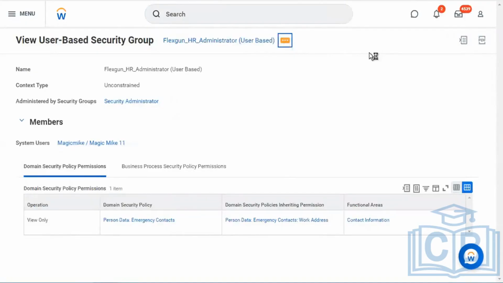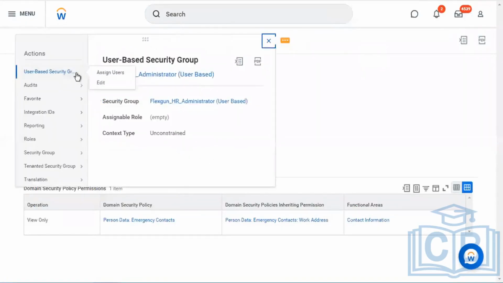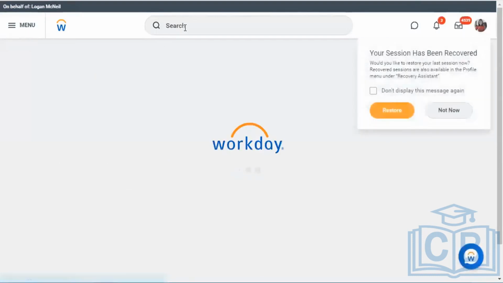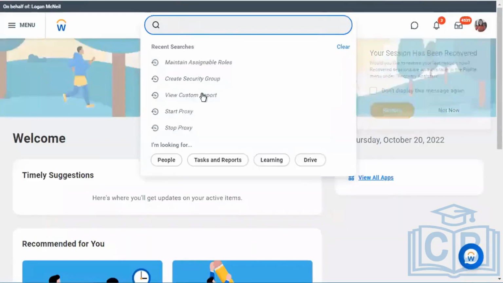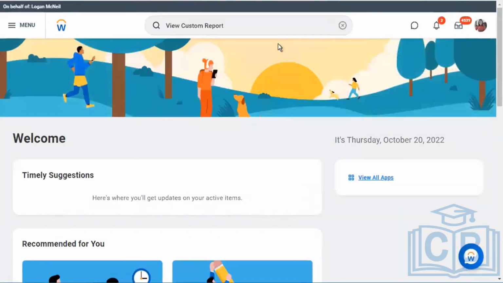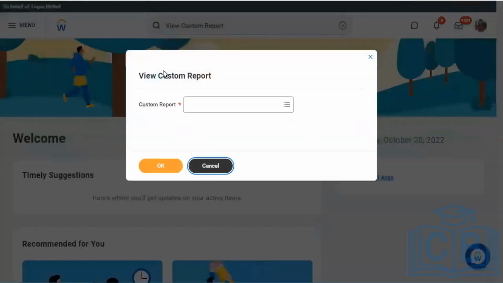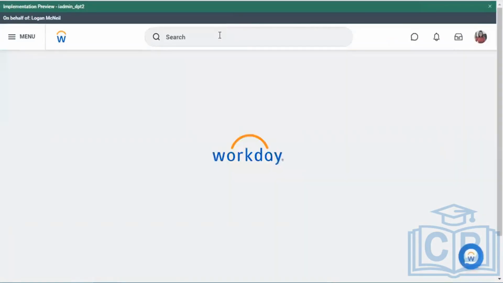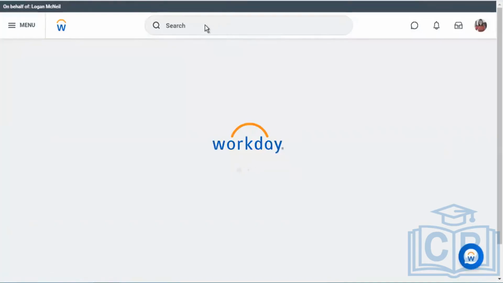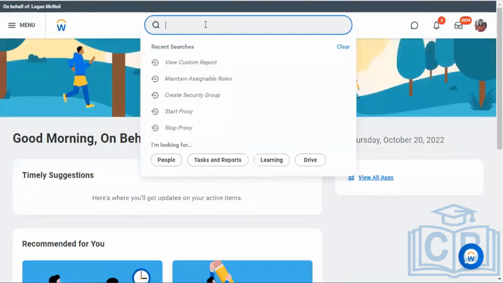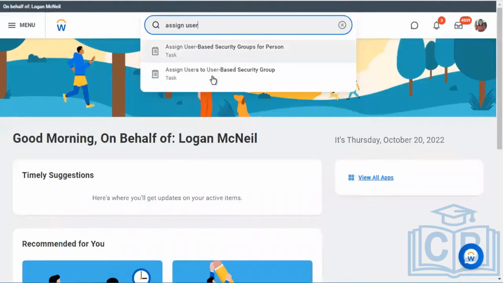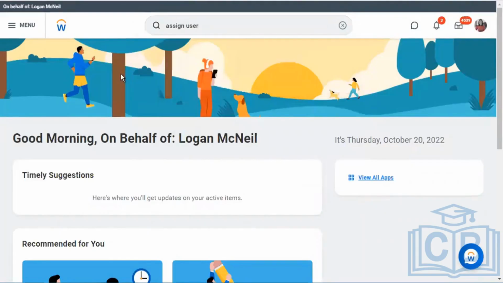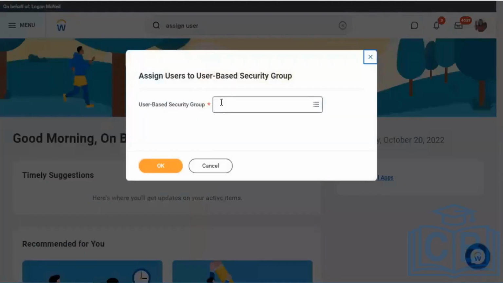I'll try a different way to remove or add Magic Mike.